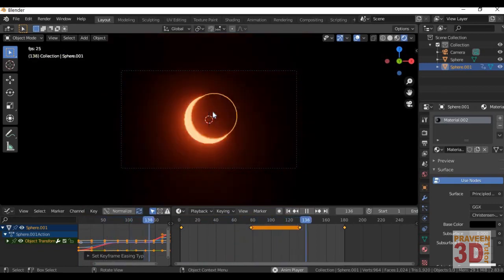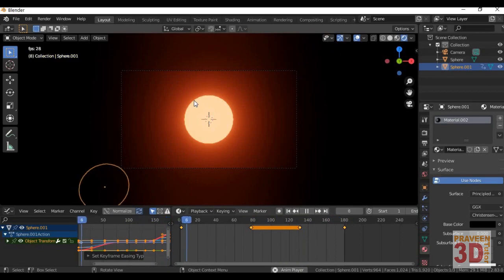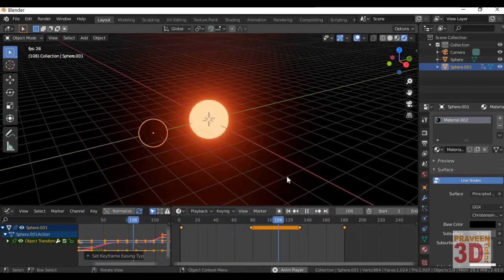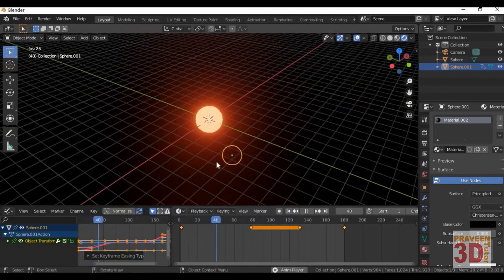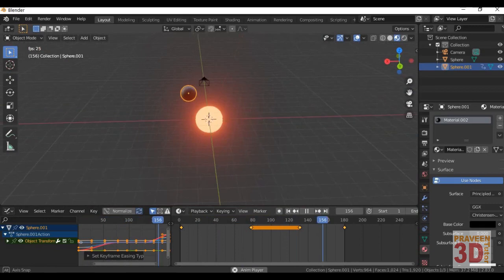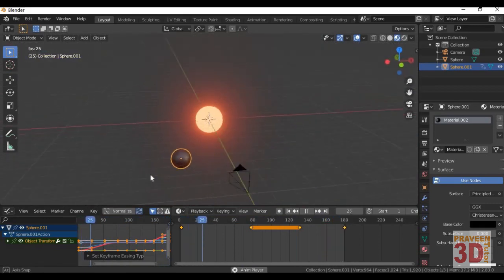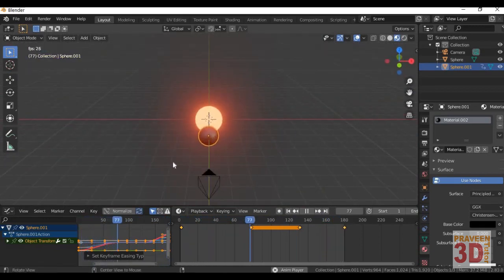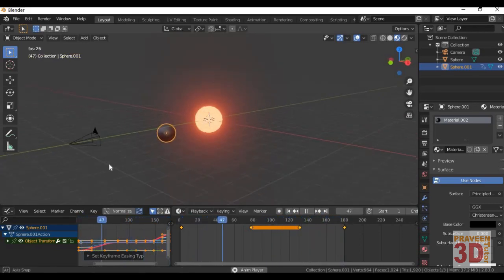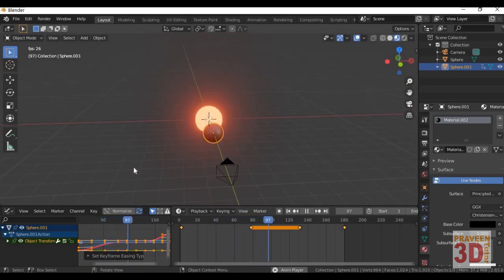So as you can see, the solar eclipse occurs, and in real time what we are seeing here is like this. So the moon or anything comes in between and it goes out. So that's how this solar eclipse occurs, and the position of the camera is like we are seeing the eclipse. So this will be a quite useful project for the students who are watching this tutorial.